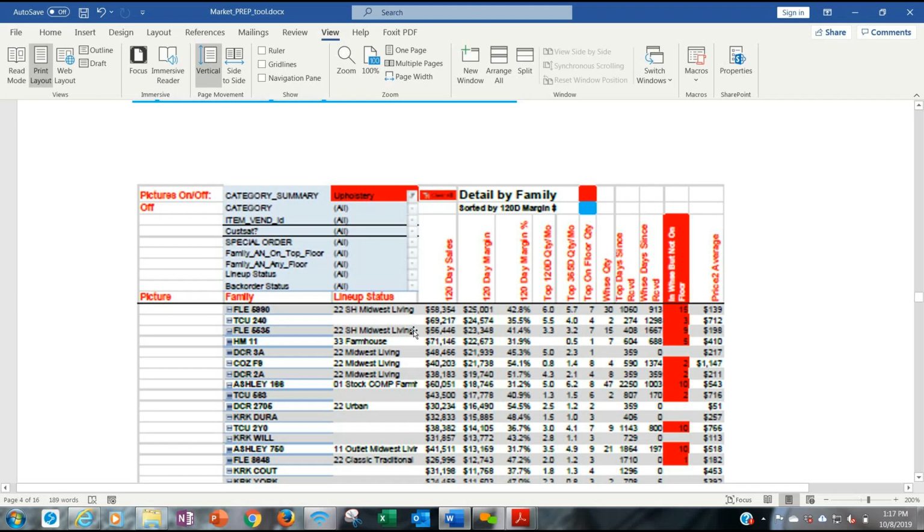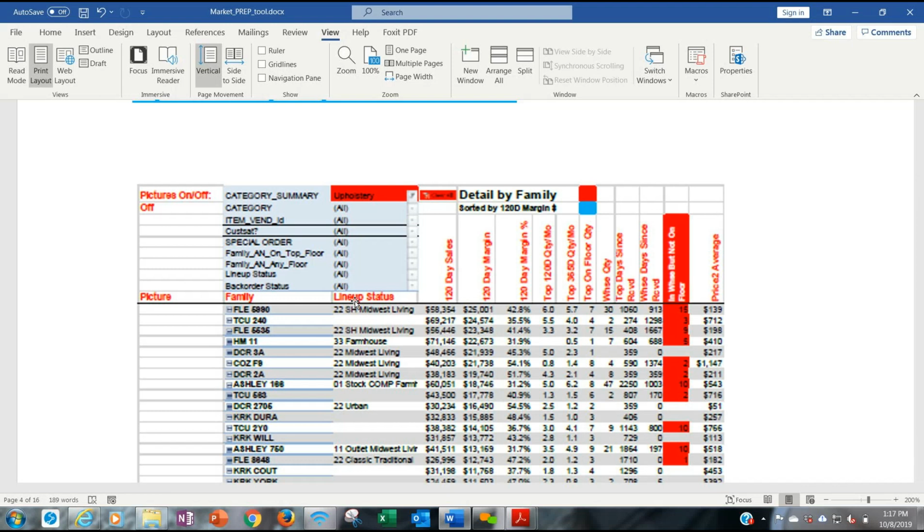And so again, that brings up basically a list of all your families sorted by 120-day margin dollars. For upholstery, I went in and counted the total number of upholstery families I had, and say there's 100 families. From there, I'm looking at the top 10%. So I would list 10